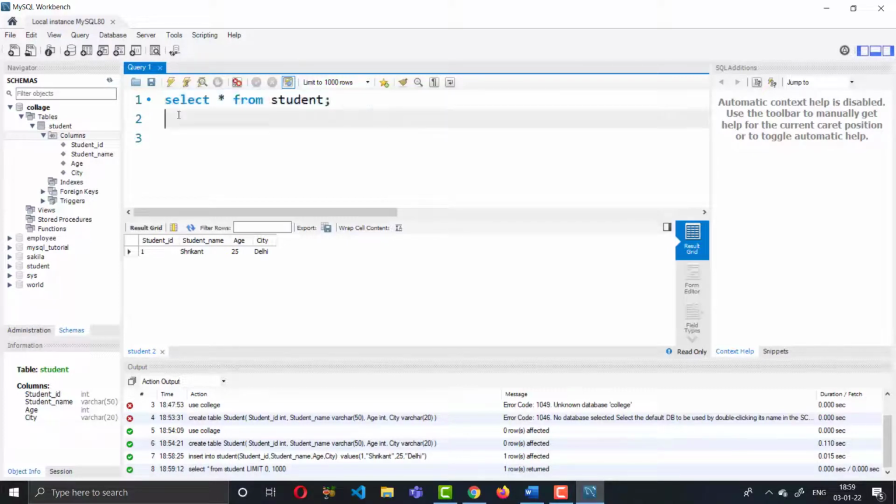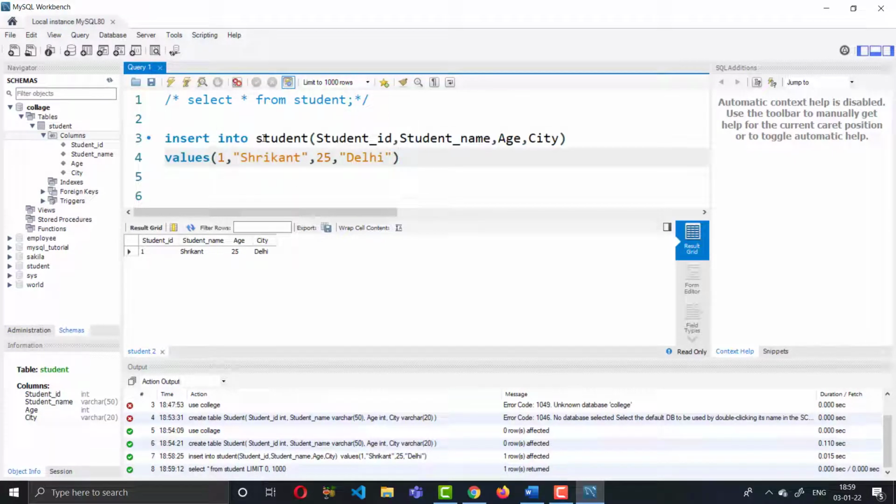So I am commenting here. Use this forward slash star, space, and star slash. So again I am trying to insert more data in that table.